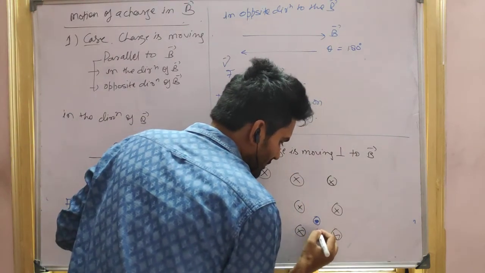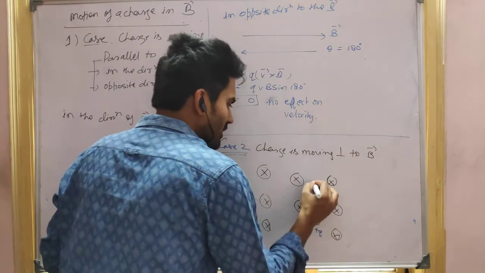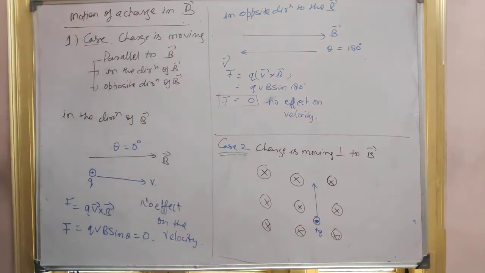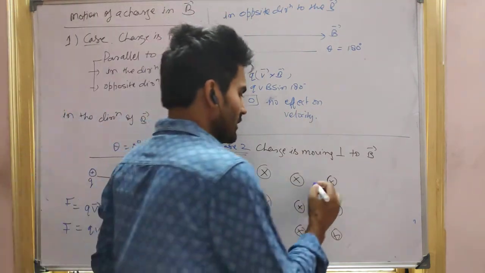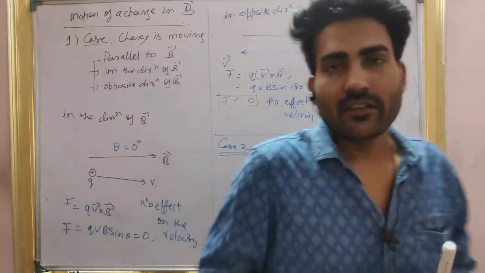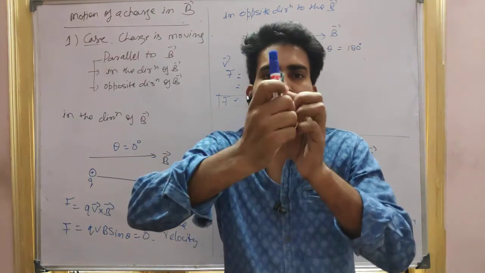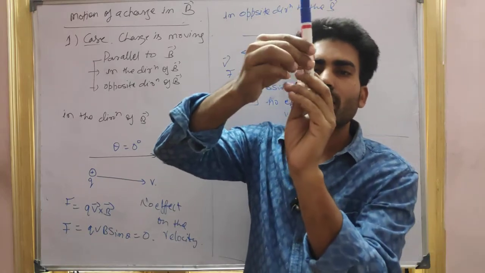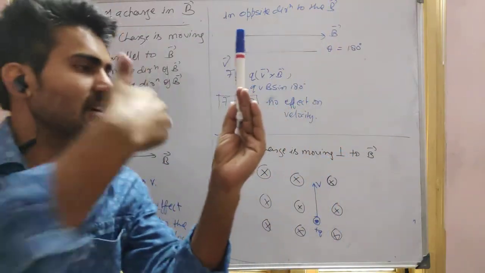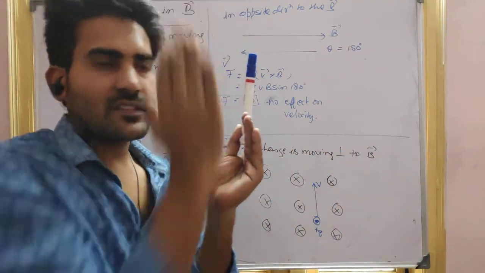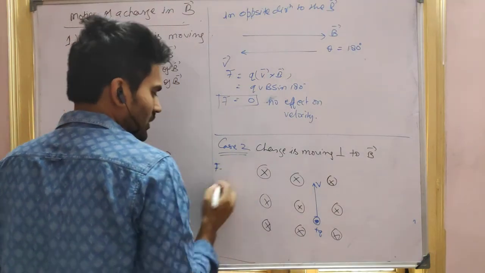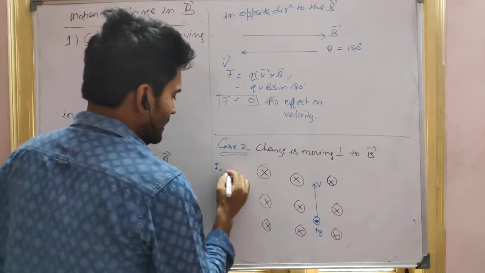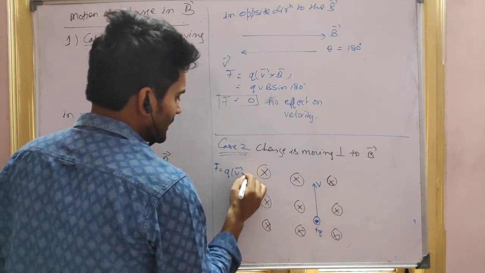the charge, a plus Q charge, is started from here like this. The velocity of the particle is in this direction. And where is the magnetic field? Magnetic field is in this direction, and the velocity is in this direction. So can you tell me what will be the force on the particular charge? That will be Q V cross B.